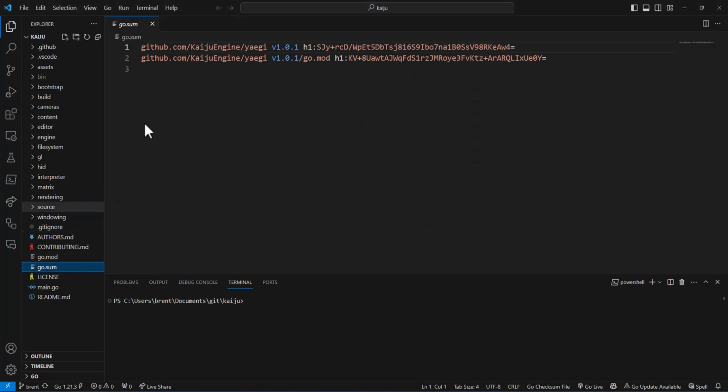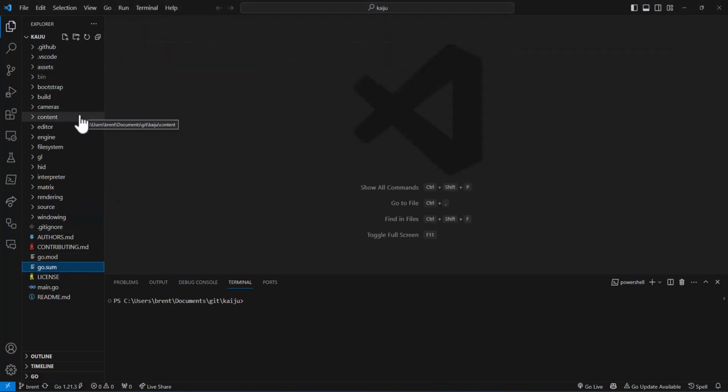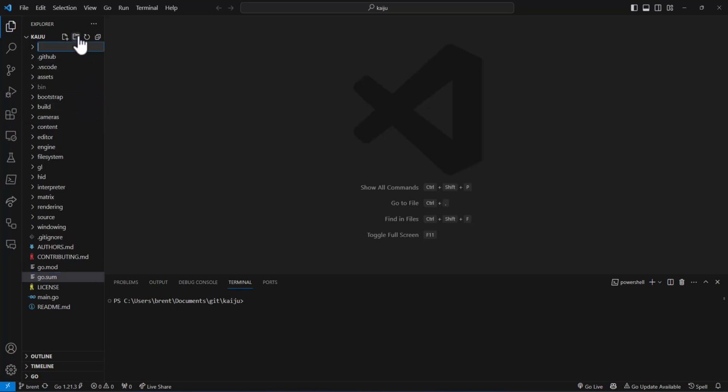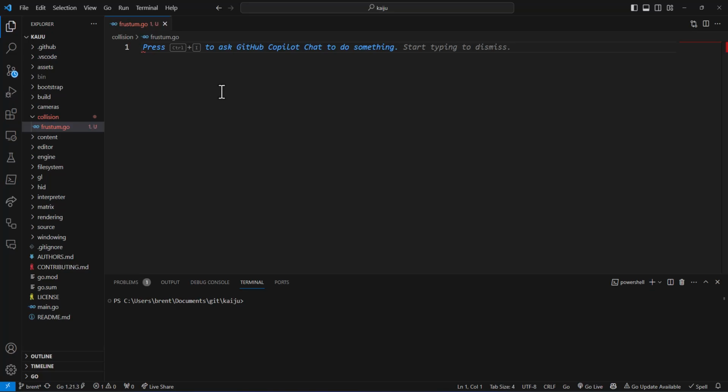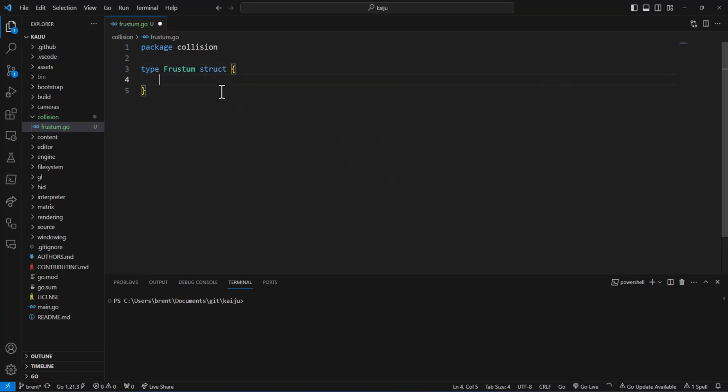Okay, this is issue number 42 where we will be creating the camera code. To create the camera, I need two structures beforehand, and I'll put them inside of a collision package. I may change that later, as with all things. We need a Frustum, and we're not going to fill out all the helper code for this. We're just going to do type Frustum struct, and then